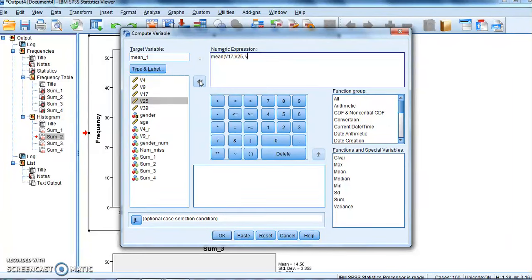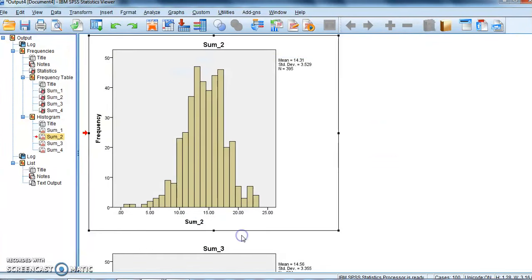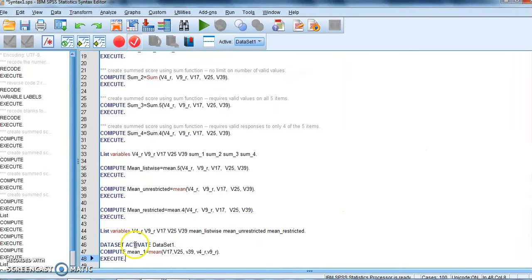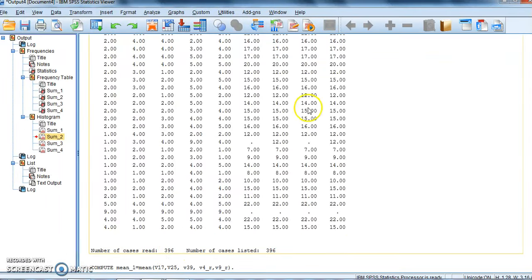Personally, I find it easier to type, so I'm going to type it, and then v4_r comma, well, I said it was easier, but then I made a typo here, and then v9_r. And then I can paste that syntax, or you can just run it. Let me go back to the syntax file. And then I can highlight this. And then I'm going to run